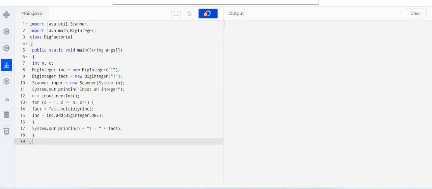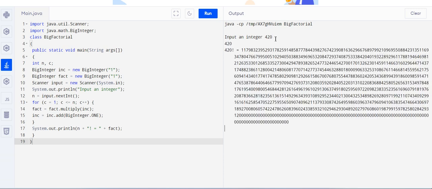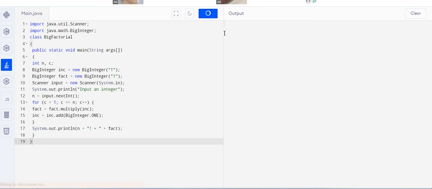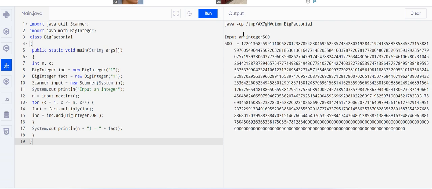Simply you see the actual output. Here you see that our previous program failed to execute factorial of 420. So here if we put 420 and press enter, you see the factorial of 420 is a very long number. And you see that our BigInteger will store that big number. So here we use BigInteger. I also run one more time for your choice. If we take factorial of 500 and press enter, you see that we can easily calculate any big